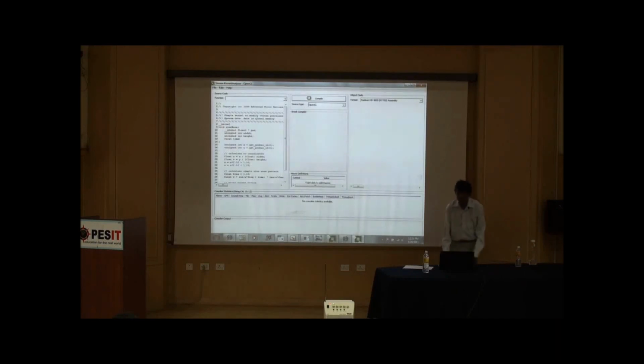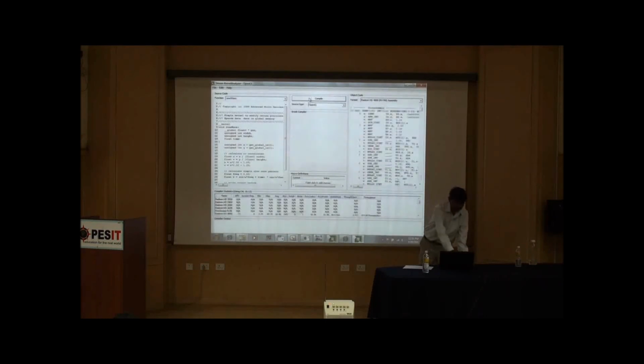I'll say compile. What you do is you take the .cl kernel code, copy it into this window and say compile, and it gives out